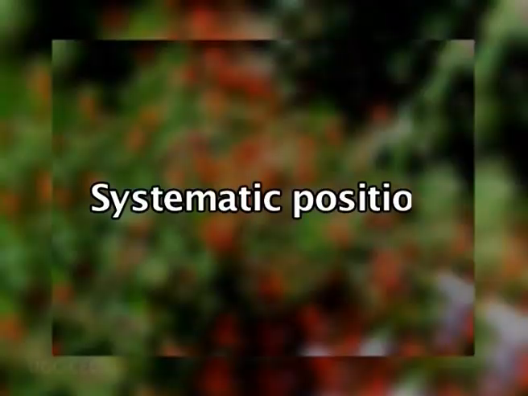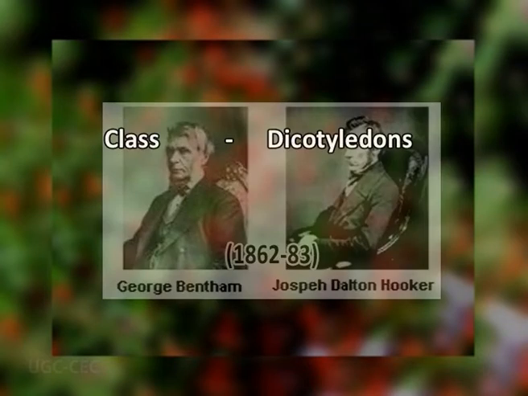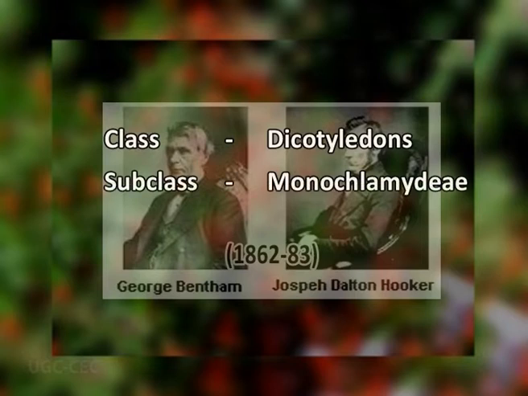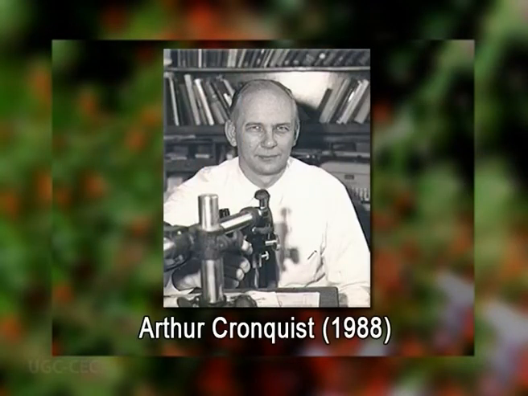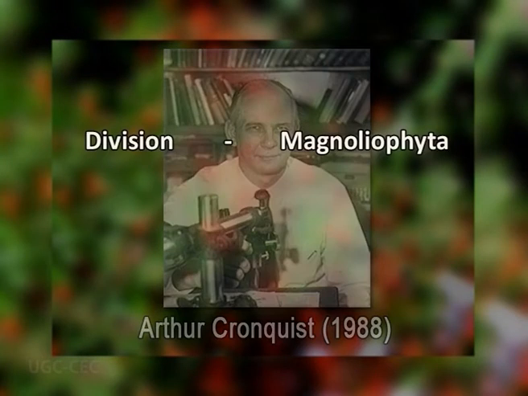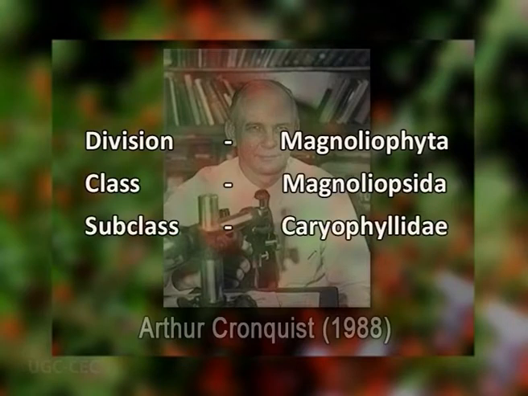After discussing the taxonomy of the Amaranthaceae family, now let us discuss the systematic position of Amaranthaceae. In this part, we will be highlighting a few of the prominent classifications. Bentham and Hooker classified this Amaranthaceae family under the class Dicotyledons, subclass Monochlamydeae, series Curvembryeae, and the order Caryophyllales. Then, an American taxonomist, Arthur Cronquist, classified it at the rank of division Magnoliophyta, class Magnoliopsida, subclass Caryophyllidae, and the